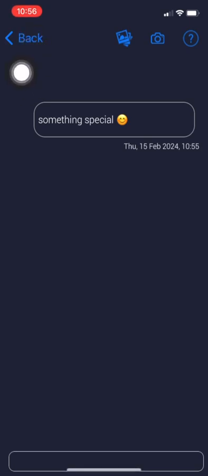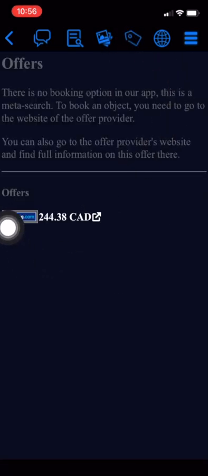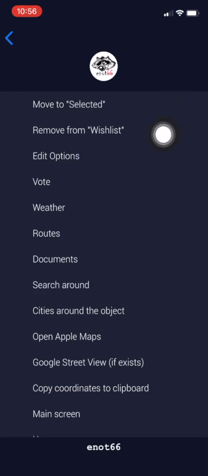Let's say we liked this hotel and want to book it. To do this, we need to go to the provider's website and book it there. Some changes may occur after booking. For example, you book a different room category, or you have a discount on a flight website, or while you were thinking, the price changed. In the menu here there is an option to edit parameters. Here you can establish, for example,